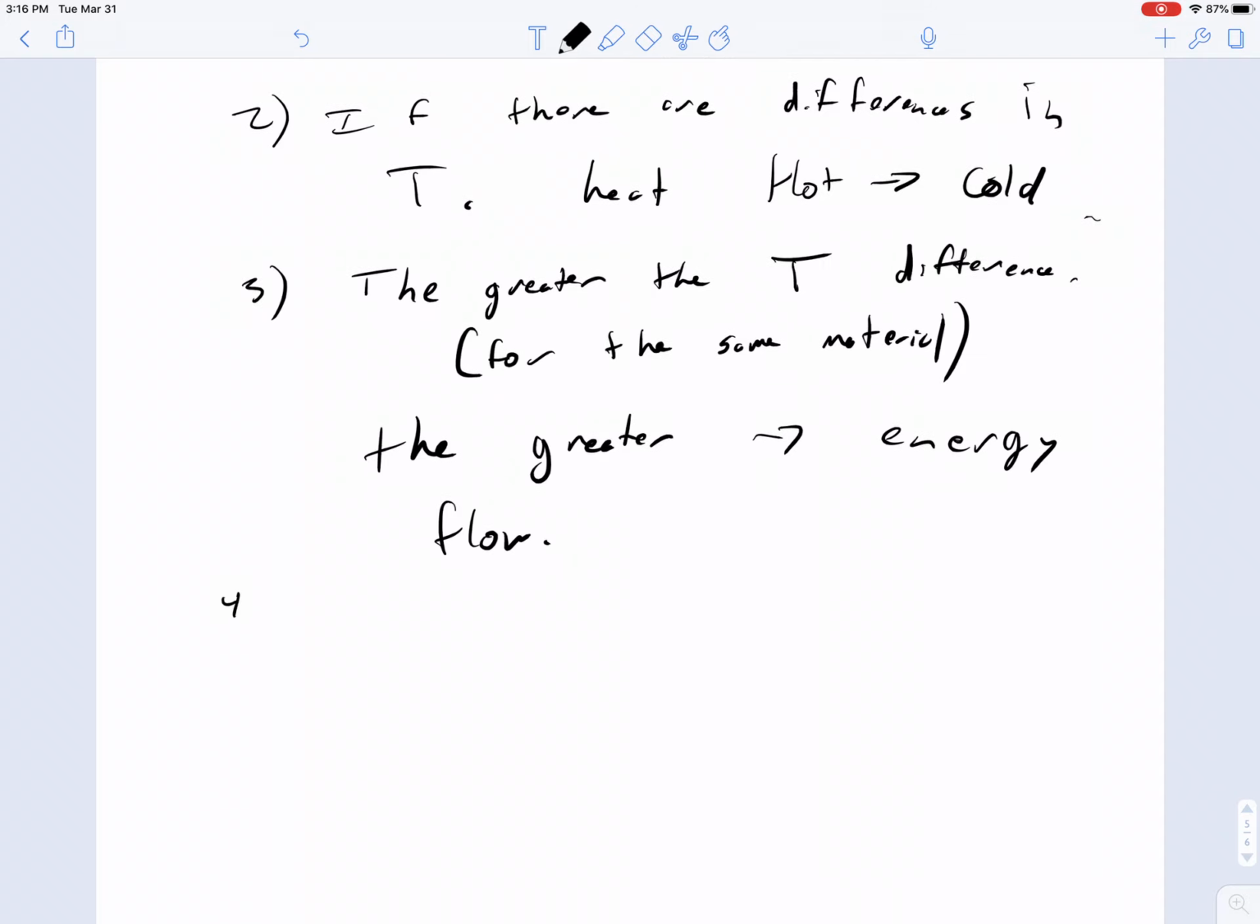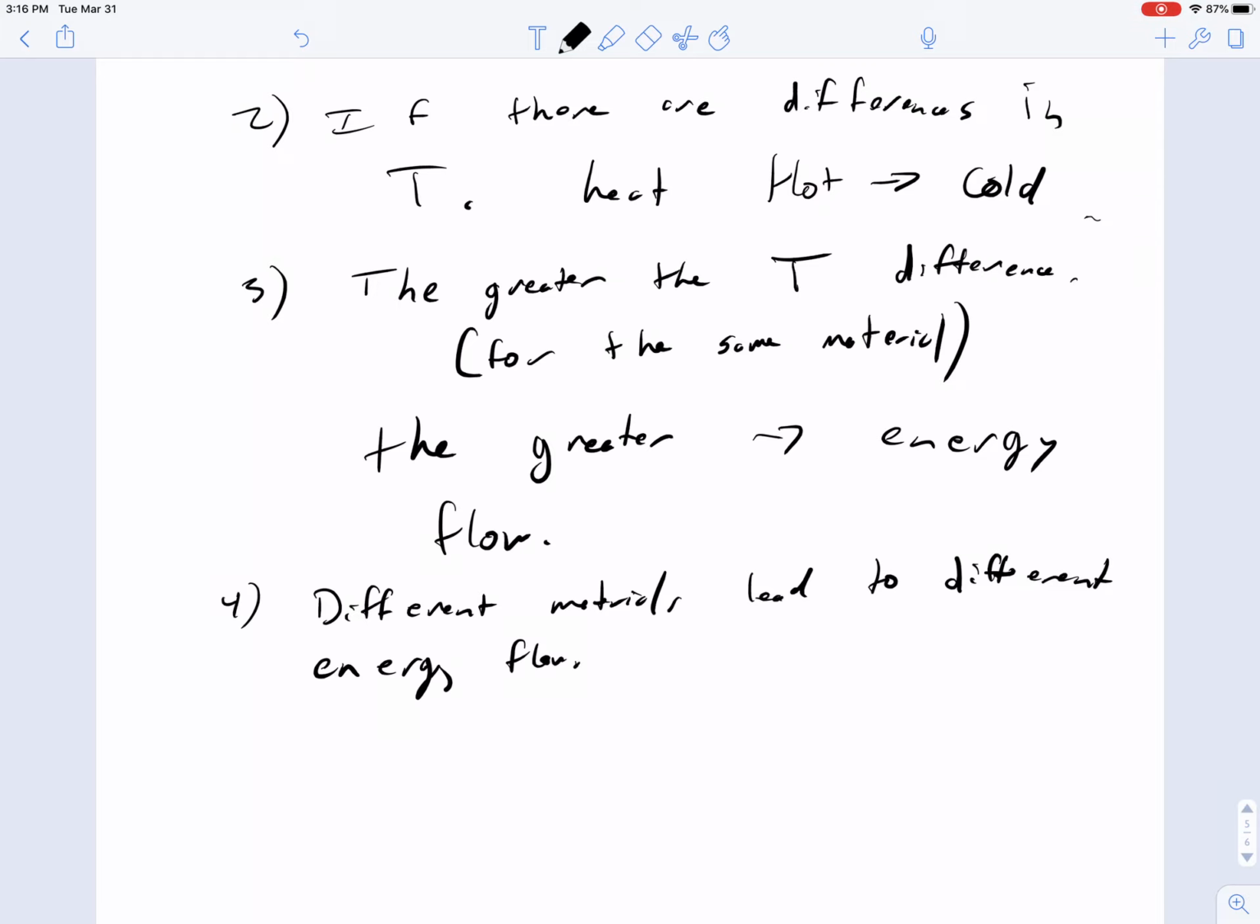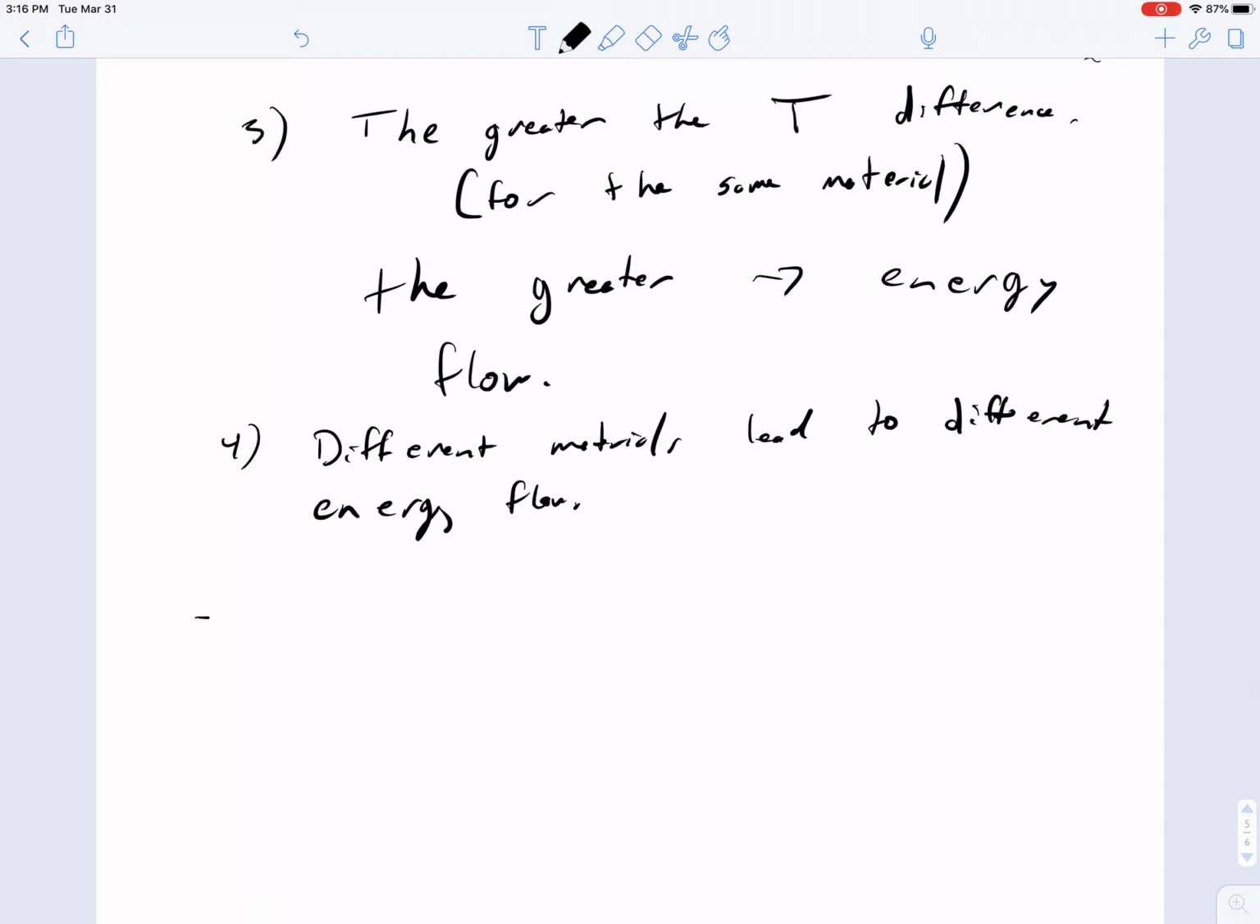Number four, different materials have different properties for heat flow, which lead to different energy flow. Okay, so what he did was he did some experiments and then came up with an empirical relationship,